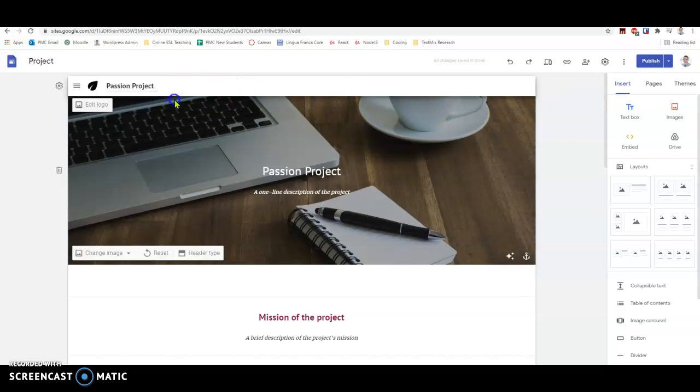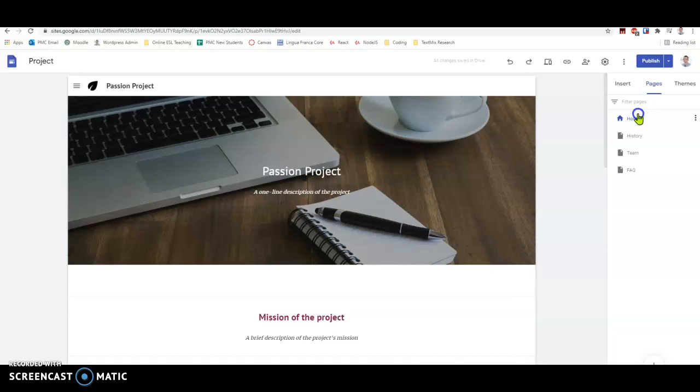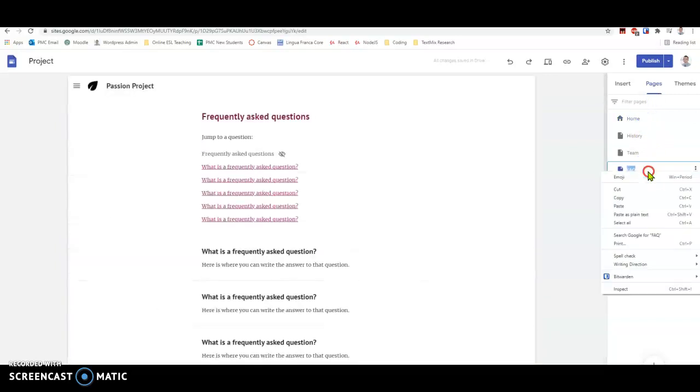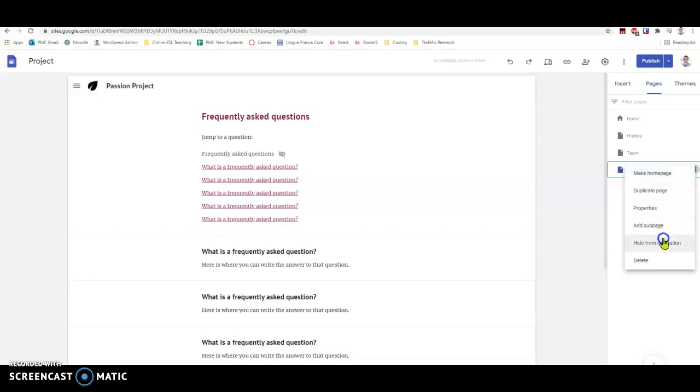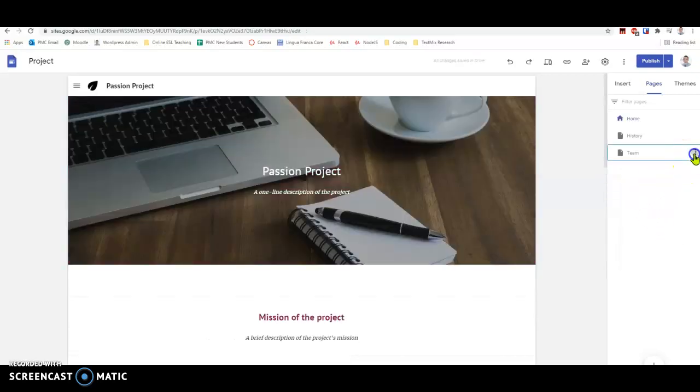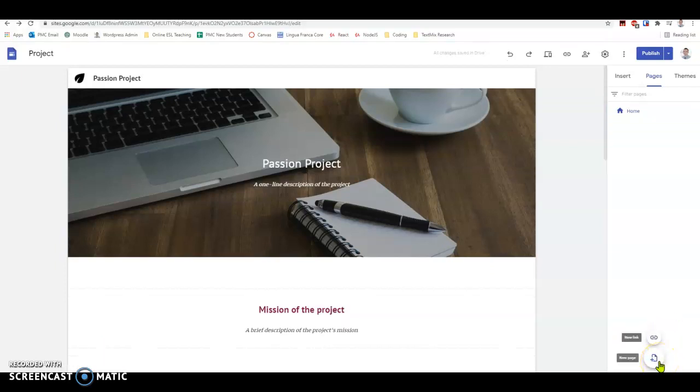Now, to make more pages, we go to the top right, we click on Pages, and I don't need a frequently asked questions page here, so I'm going to click on the three dots. I'm going to delete that page. I'm going to delete this page too. I'm going to delete this other page,